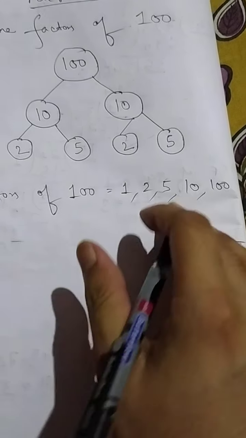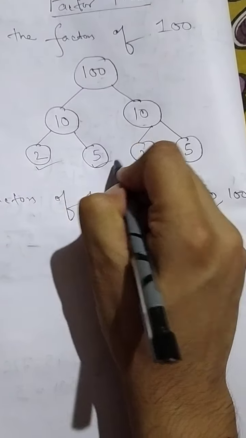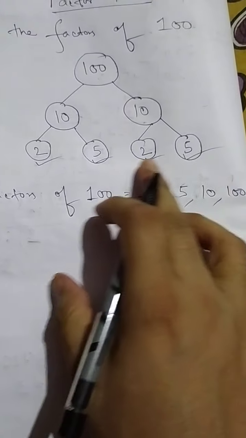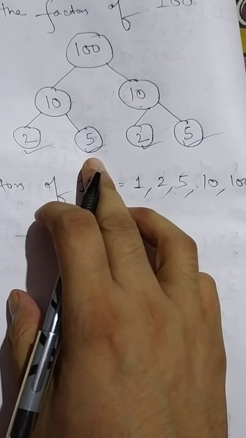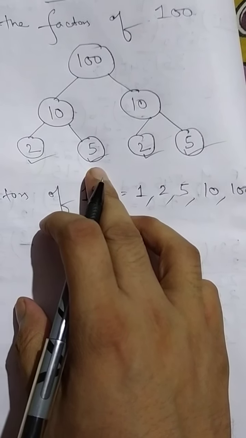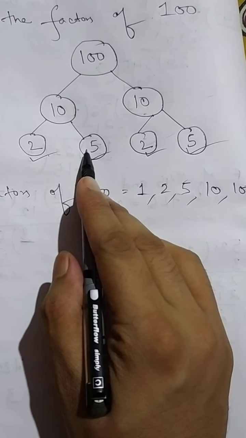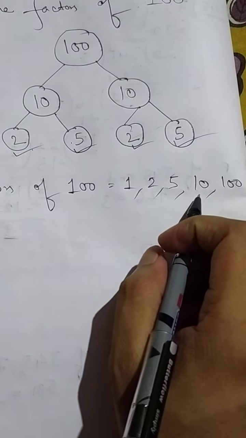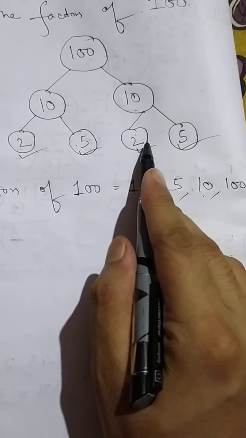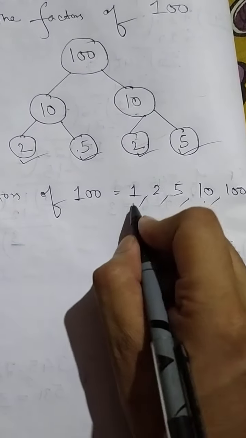Now what to do? Now these prime numbers you have to multiply in all possible orders. Now what is the meaning of all possible orders? Now let's see. First to multiply two numbers at a time. 2 5s are 10. 10 we have already written. 2 2s are 4. We have not written 4. So write down 4.